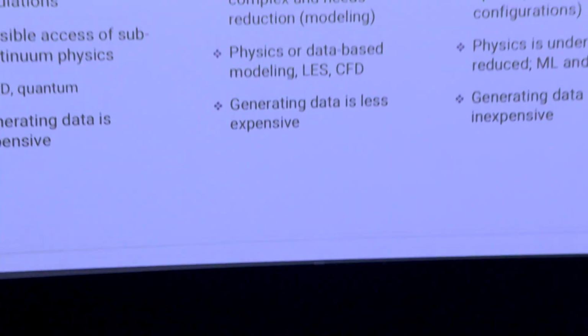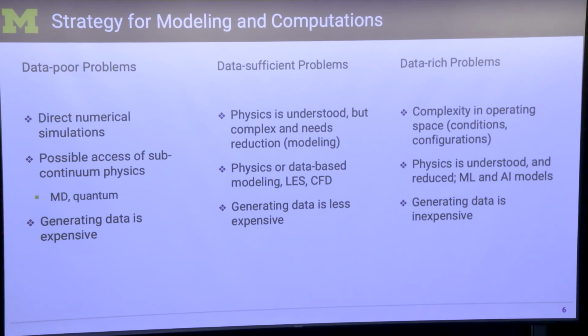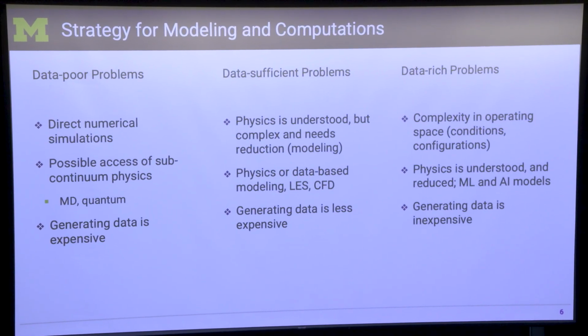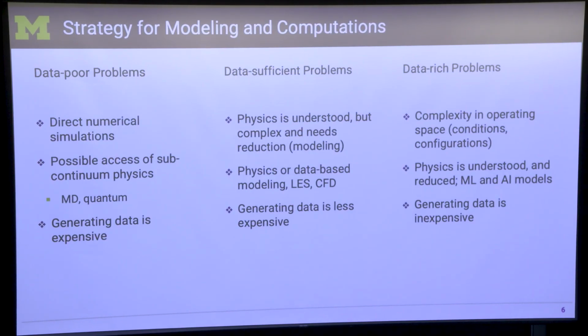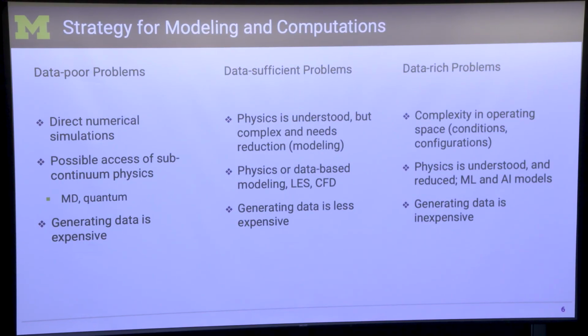So you have the capacity to generate them if the need arises, but perhaps that's not necessary and you won't go down a particular path. And then you have data-rich problems, like operation maintenance. A more pointy-headed way to say it is digital twins. So if you say the phrase digital twins, people will bow to you. But what you're essentially doing is taking data and trying to interpret some kind of pattern within it without thinking about the true physics. You don't care about the true physics. So those are the data-rich problems, and generating data is inexpensive because you've already built the system.